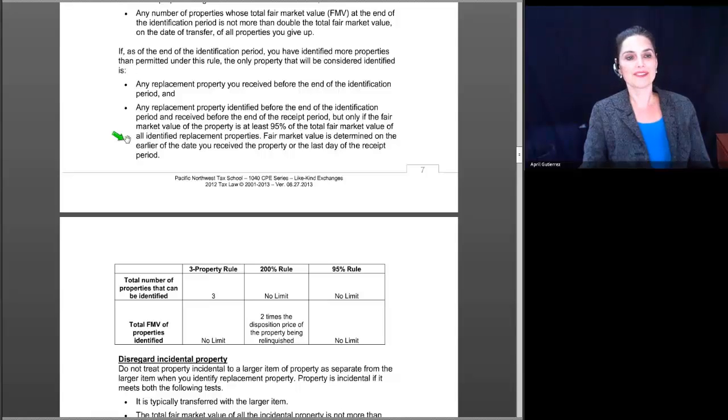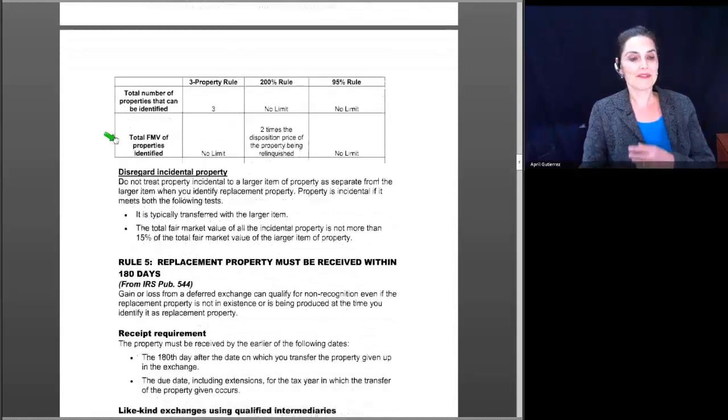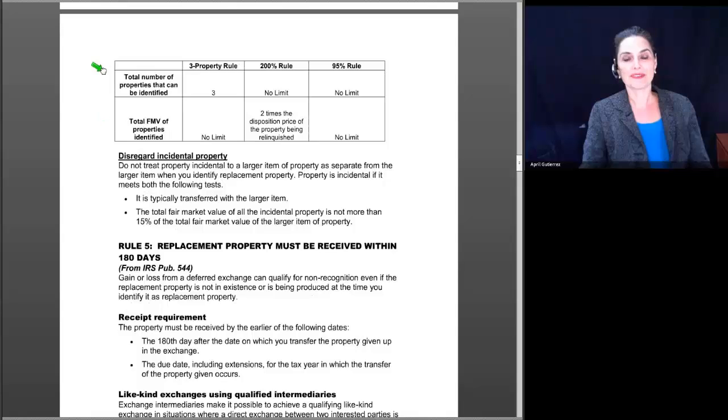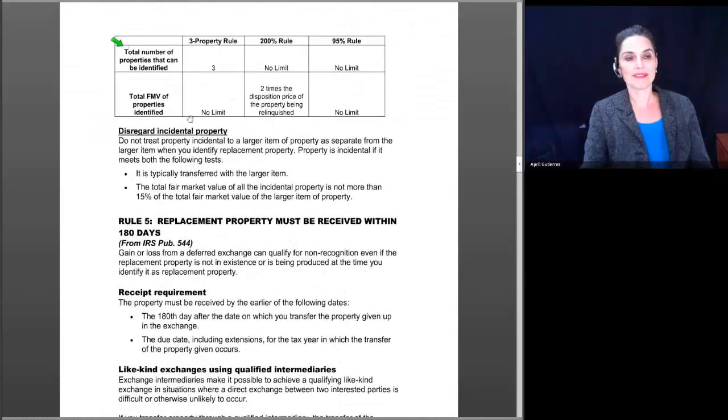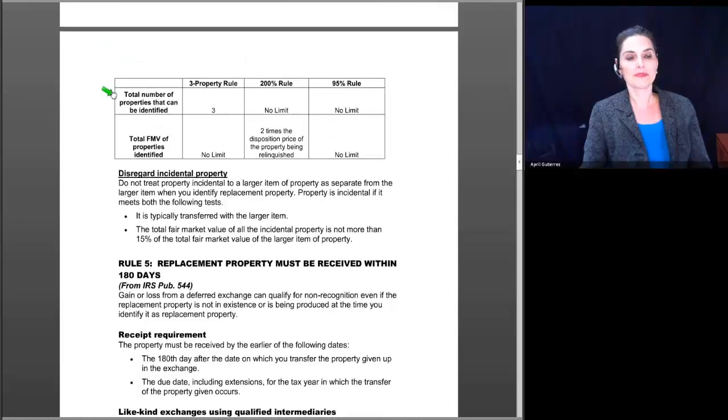Fair market value is determined on the earlier of the date you received the property or the last day of the receipt period. Okay, if after reading that your head is spinning, well, I don't wonder with that because it's really hard to make sense of. But QuickFinder has a nice little table that summarizes those rules, and so I copied their table and stuck it in my manual. And you can see here that what they've done is they've basically taken the rules and put